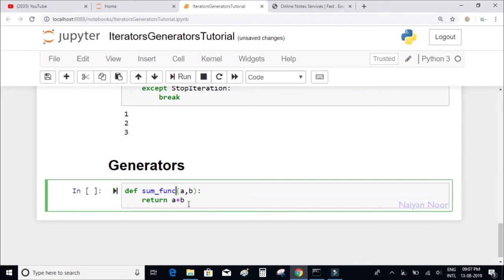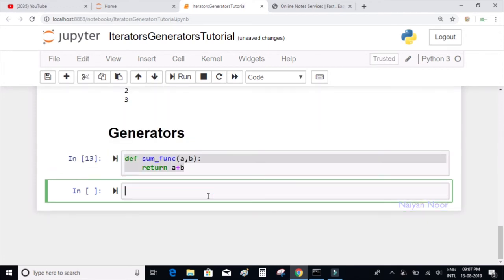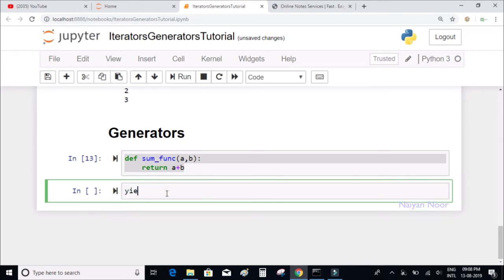What I'm trying to say is that generators also look similar to a function, but instead of having this return, you can define your iterators, or the elements that you want to have in your iterators. Okay, so you can basically add elements into your iterators using this keyword called yield. Okay, so let's try